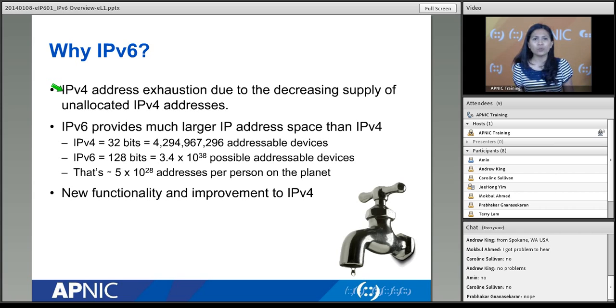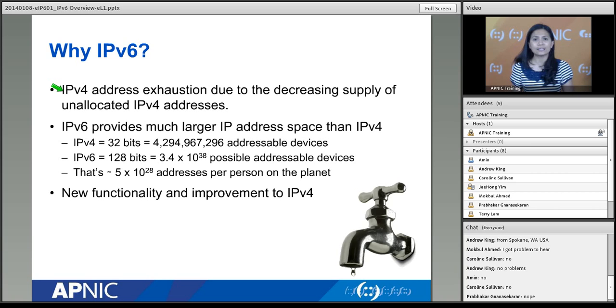The global pool for IPv4 has been officially exhausted in around 2011, I think, right? So what does that mean? There is a hierarchy of distribution of IP addresses. It comes from IANA. If you've never heard of IANA, it is the Internet Assigned Numbers Authority. From IANA, they distribute these number resources to the regional internet registries. We have 5 regional internet registries, one for each region in the world.